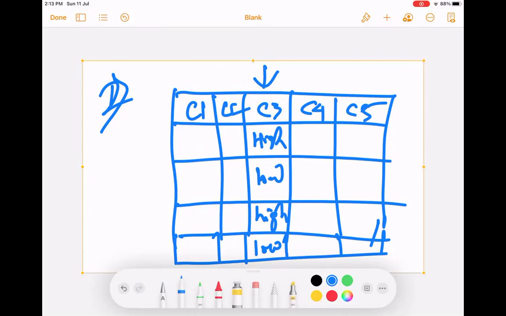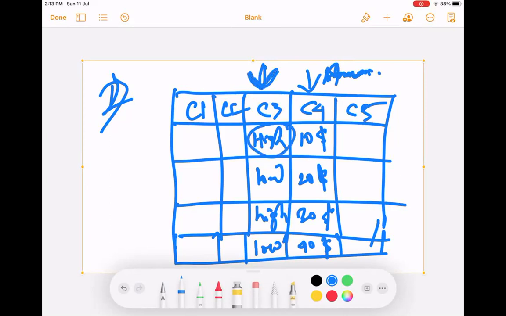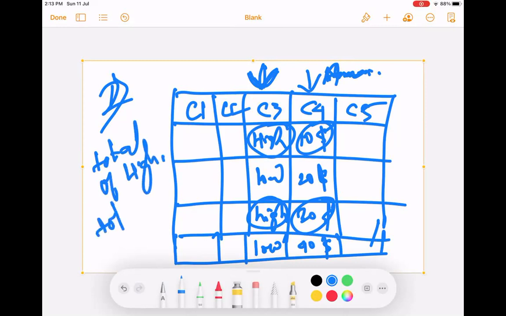One of the column values is repeating, and one of the columns has a numeric value. Maybe amount, $100, $20, $30, $40. So for a table like this, we can group this column based on these values, and we can add up the amounts for these values. So what we'll have is a total of all highs, total of all lows. Yeah.